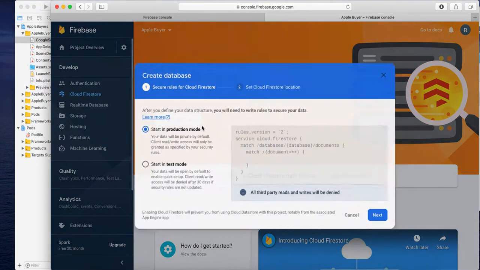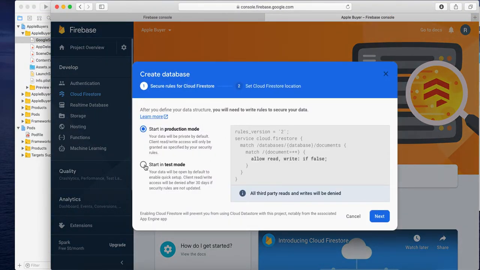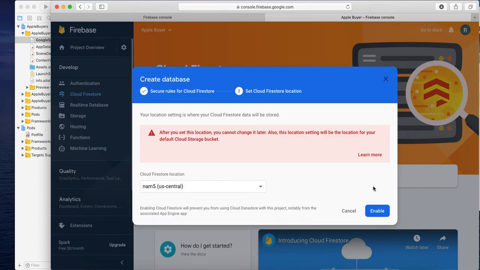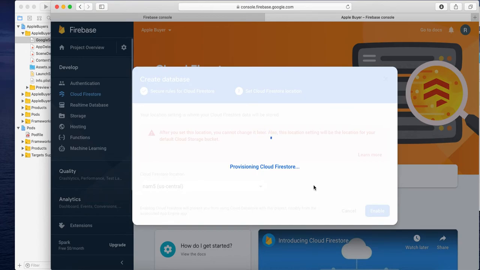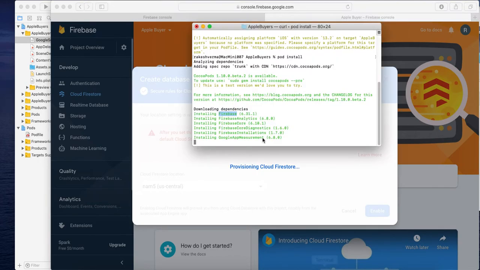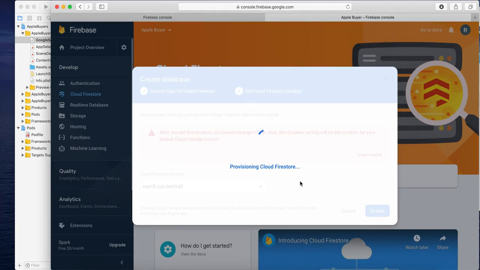So create a database in test mode, where we can enable and disable the rules. Right now it is installing and it is creating a database. We will not use the Realtime Database, we will use Cloud Firestore, because the queries in Cloud Firestore are more flexible than queries in the Realtime Database.